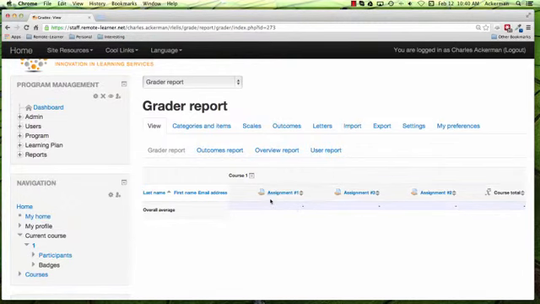So if I score a 90 on the first assignment, then my average is going to show up as a 90, even though I haven't done the other two, because Moodle's only going to average numbers that exist in the gradebook by default. Now that's fine and good for most instances, but with ELIS this can become an issue,